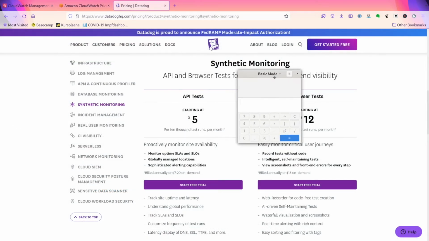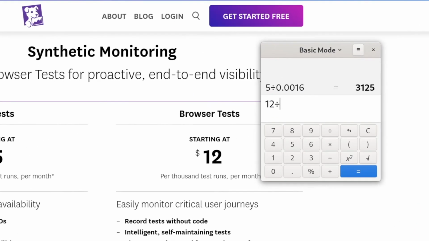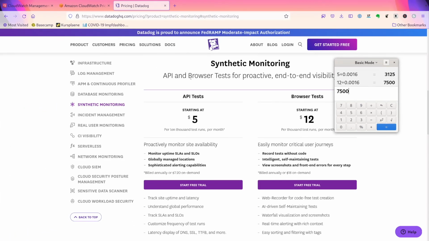Datadog differentiates between simple API tests and full browser tests. AWS Synthetics, feature-wise, are browser tests, so we should compare those. Datadog charges $12 for 1,000 test runs. For the same price, we get 7,500 canary runs in CloudWatch Synthetics, more than 7 times cheaper than Datadog and still much cheaper even if we calculate Lambda and storage price of AWS. For a simple heartbeat though, we could use Datadog API tests and those cost way less than CloudWatch canaries.